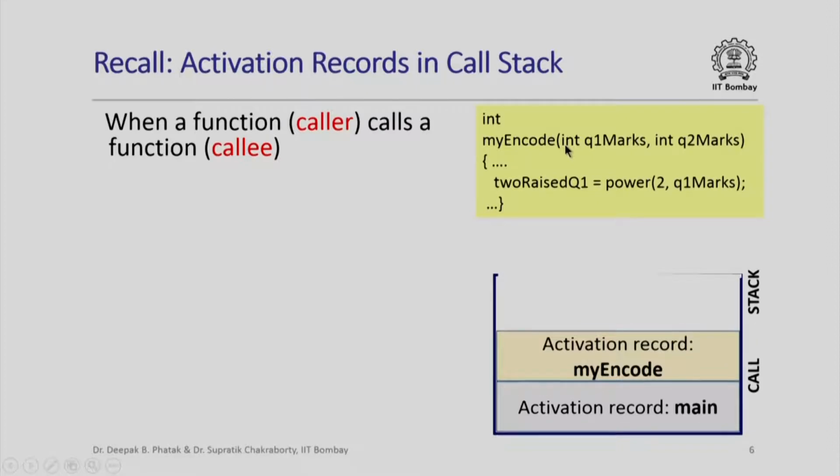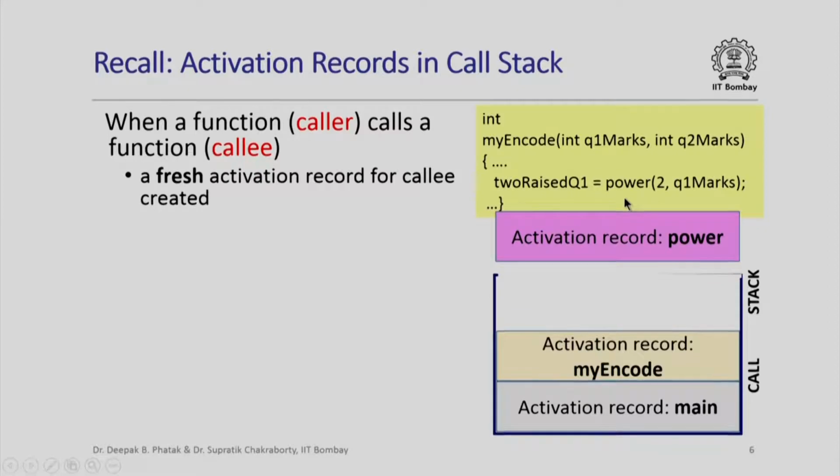Since we are already executing the function myencode, the function main has already been invoked. So in the call stack we have the activation record for main. In fact, the function myencode has also been invoked. So in the call stack we also have the activation record for myencode,